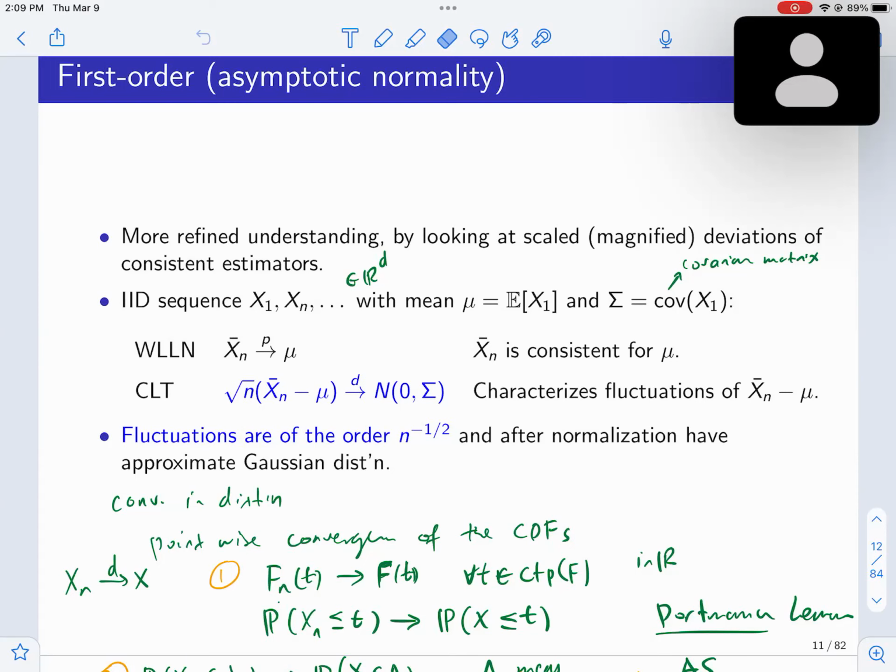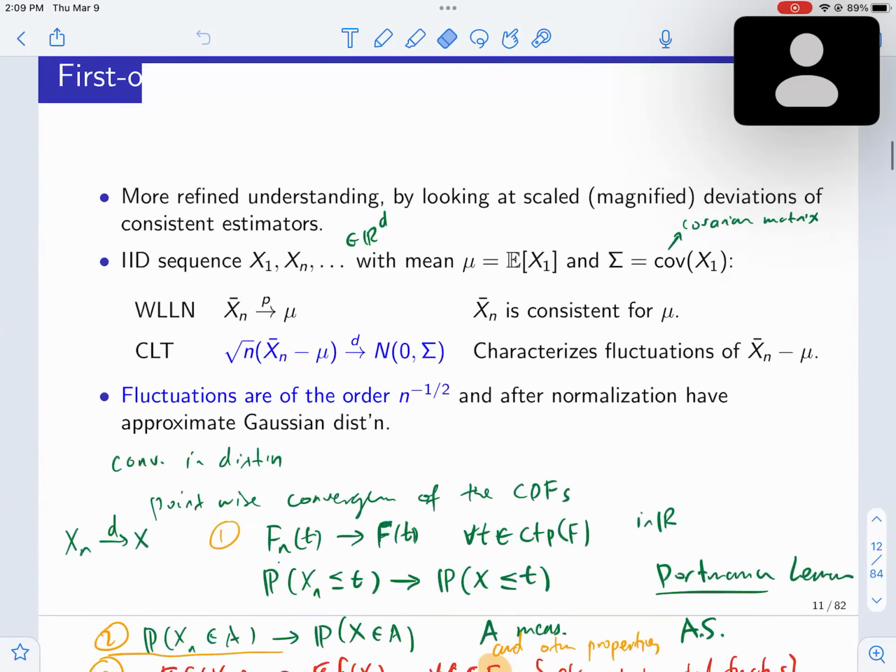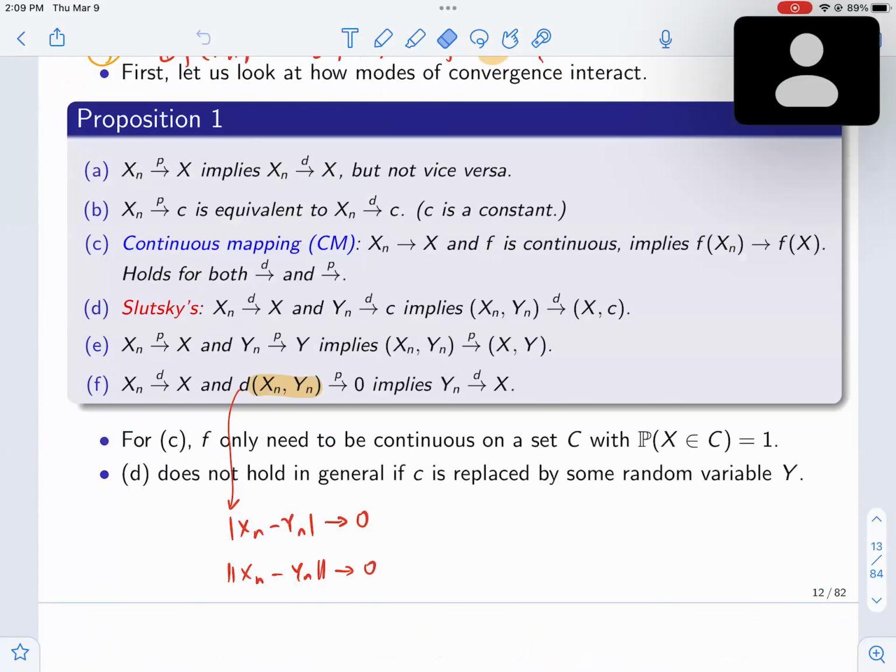So we want to extend this result to general, let's say, M estimators. In order to do that, we developed some calculus rules to deal with probabilities and the convergence in probability and convergence in distribution. In particular, the continuous mapping theorem. So if you apply any continuous function to a sequence that's converging in probability or in distribution, then you would get the result for the f